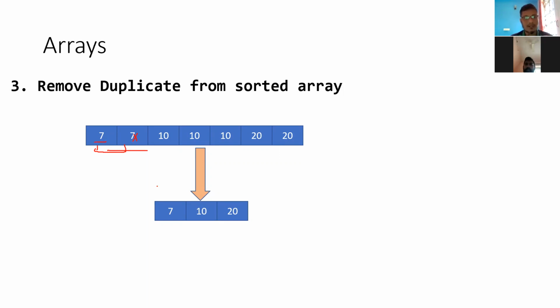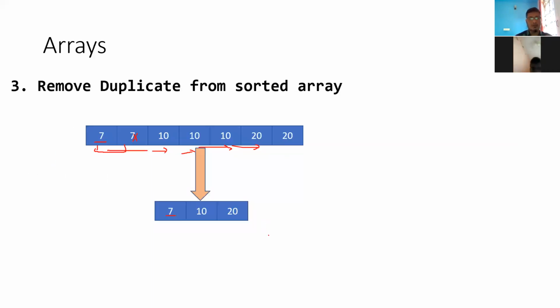For example, 7. 7 is the same as the copied element, yes, so you don't do anything. Move the pointer to here. 10, you compare 10 with 7, it is not the same, so copy the 10 here. Move the pointer here, again check, 10 is 10, same, don't do anything, go here. Similarly, you do the comparison for 20. If it is not the same, then only copy. That is how you can do it.